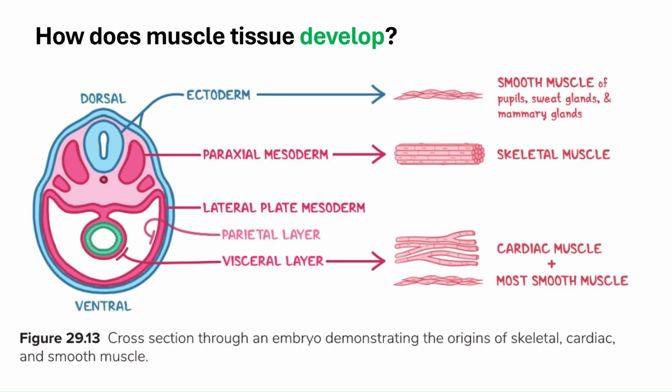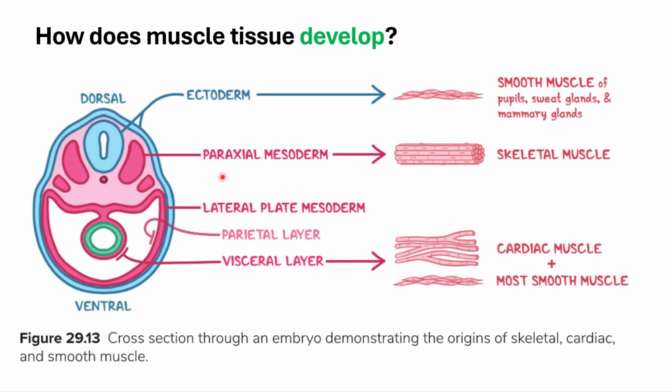For the development of muscle tissue, basically, almost all of your muscle tissues come from the middle layer of your germ layer, which is your mesoderm. And as the embryo develops, its mesoderm will become more and more specified, and it will have subdivisions. Depending on the type of your muscle tissue, you would have different specific parts of your mesoderm or ectoderm that will give rise to it. The key point is that the majority of your skeletal muscle tissue will come from the paraxial mesoderm, or the mesoderm that eventually will turn into your somites.